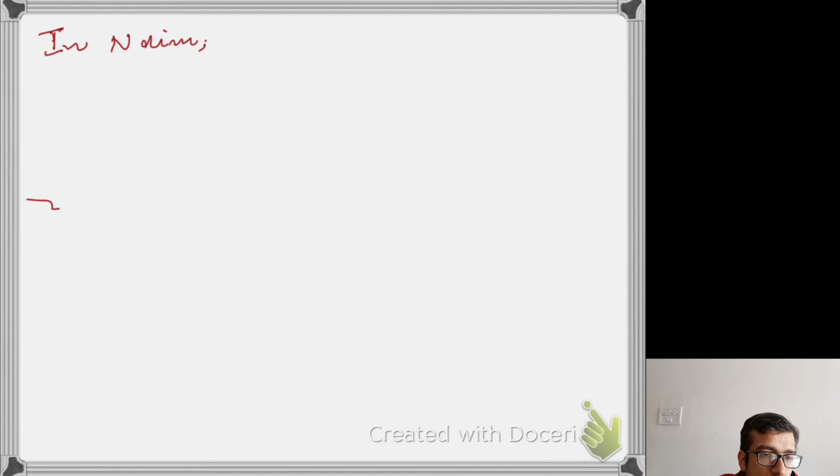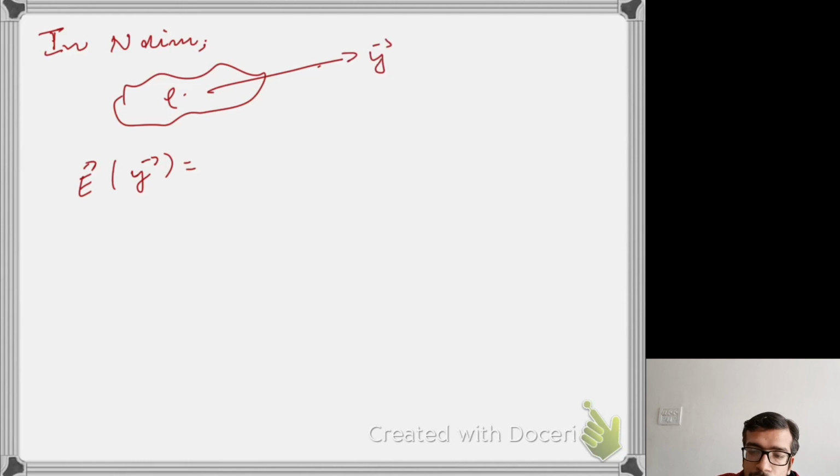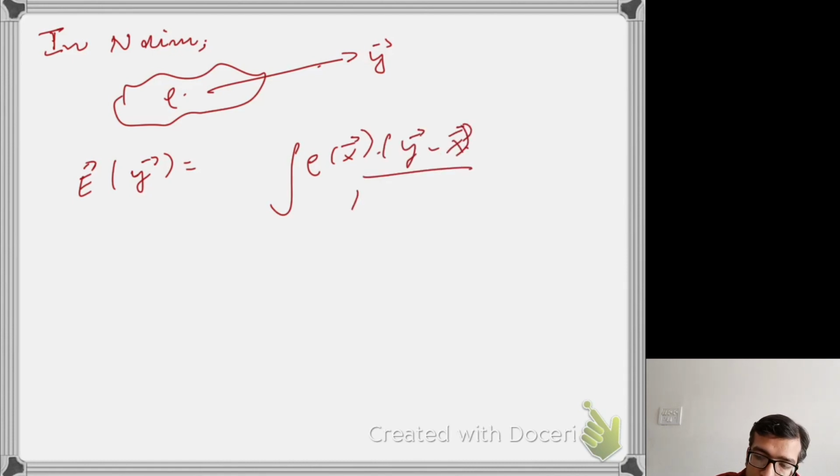But to look at the electric field at any point, let's say you have some charge at point X and I'm looking at the electric field at point Y. So let's say we don't have a single charge but a charge density, and we are looking at some point Y. The electric field at Y is given by the integral of rho(X) times (Y − X) over the norm of (Y − X) to the power of n minus 1, d^n x,